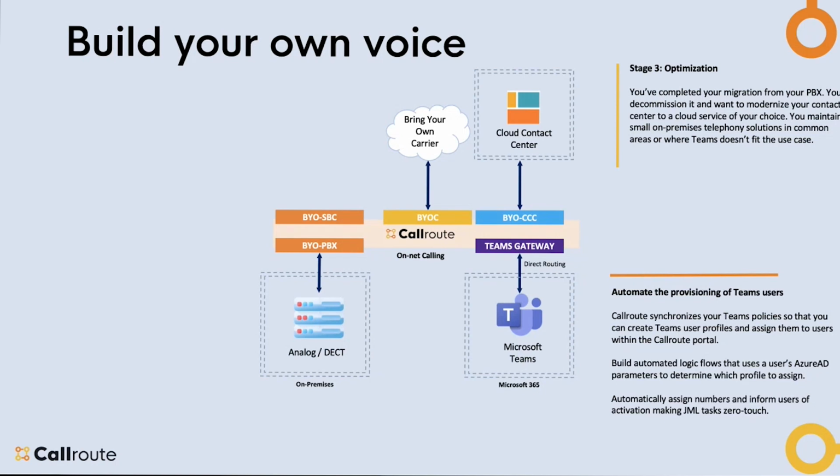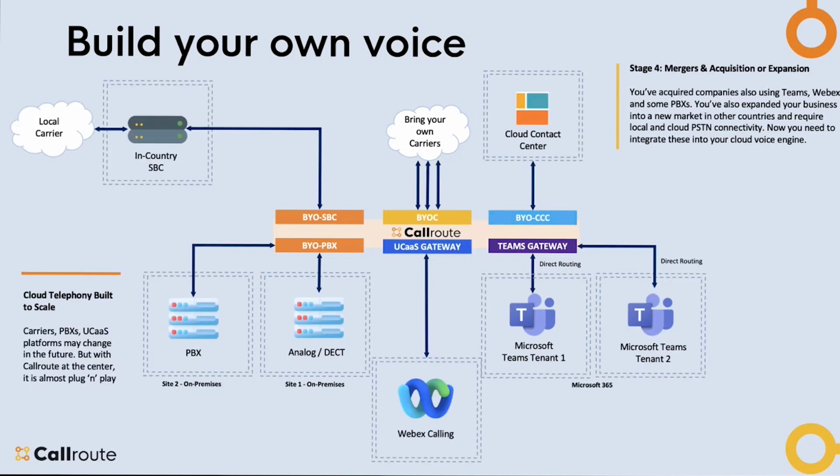But maybe now you can look at transforming, when it makes sense, your contact center. That's fine, just plug it in. You don't have to tie these together in one massive transformation project anymore. You can choose what you want to migrate, where you want to migrate, and when you want to migrate, all on your own terms. The final solution, and this slide is kind of the pièce de résistance,